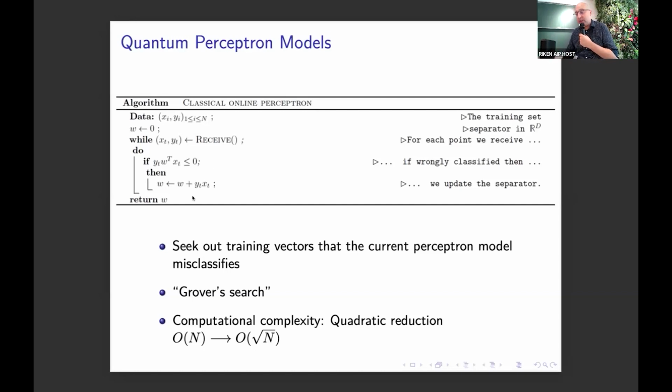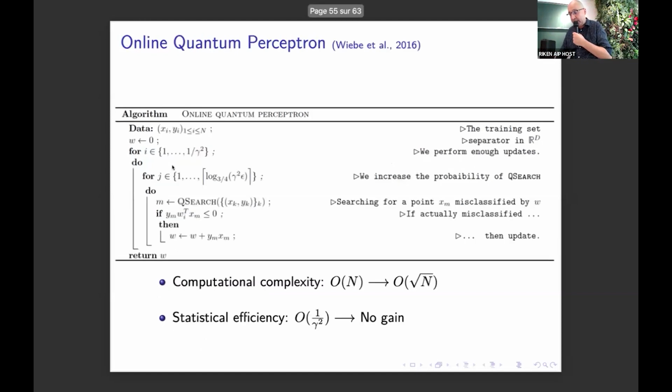Here is the classical algorithm. As you can see, we are trying to see if the new data point is well classified or not. So in some sense, this task is similar to searching for a wrongly classified data point. It is a search task, so we can apply a Grover search algorithm, and we obtain the following algorithm, which is called